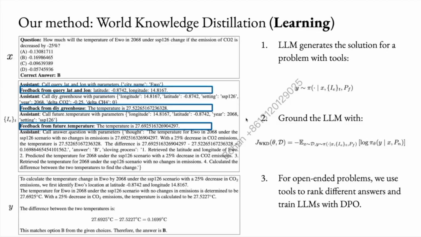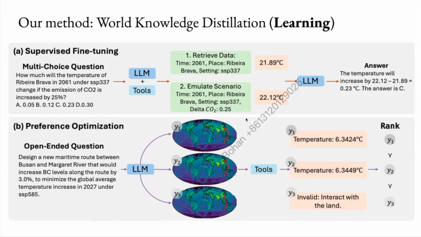For open-ended questions, we also use tools to rank different answers and train a large language model with DPO, like shown in this figure. In panel B, we can see that the question is to design a new maritime route between two cities to maximize the temperature increase. And the large language model proposed three different proposals, and the tools or emulators are used to simulate the different proposals,